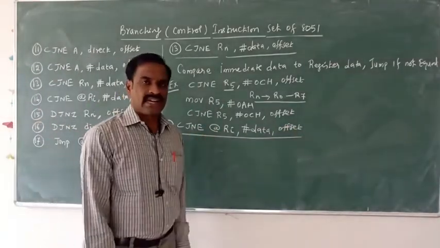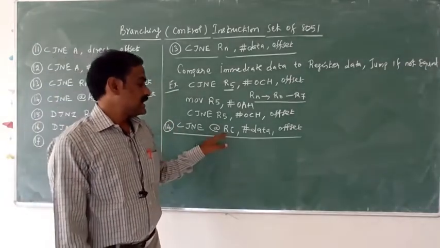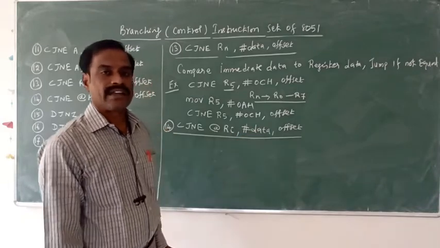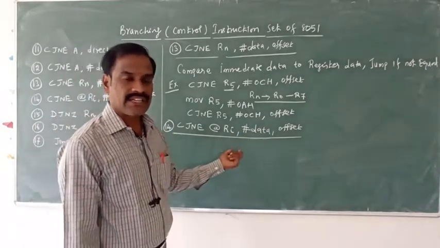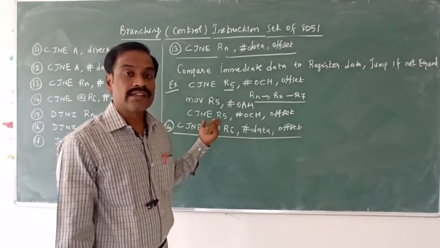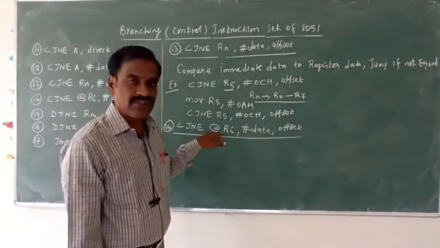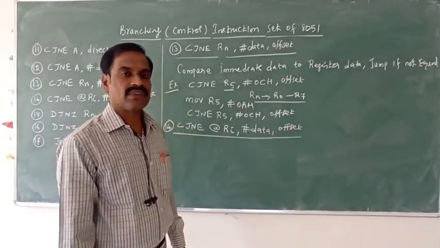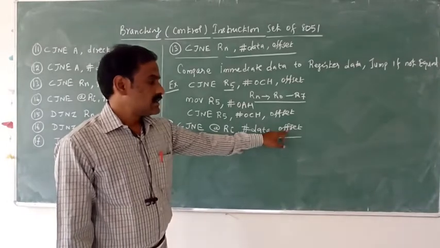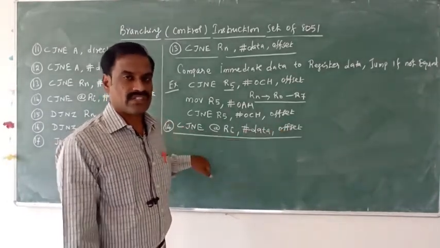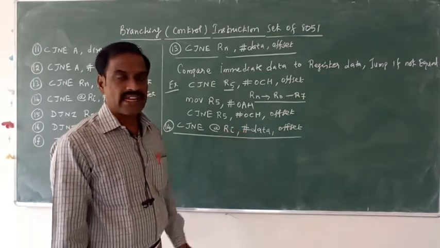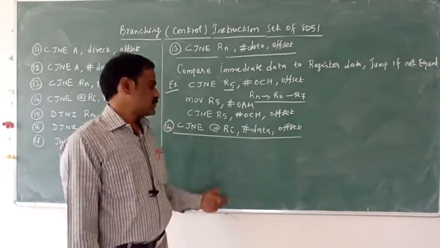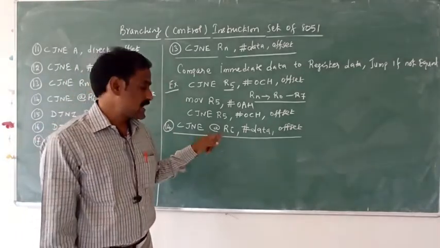This also compares the indirect memory address location data with the immediately given 8-bit data, and checks the condition: if both data are not equal, this condition will be satisfied and it will jump to the given memory address location. At that time the program counter will execute this memory address location data. Suppose both data are equal, then this condition will be unsatisfied and it will execute the next